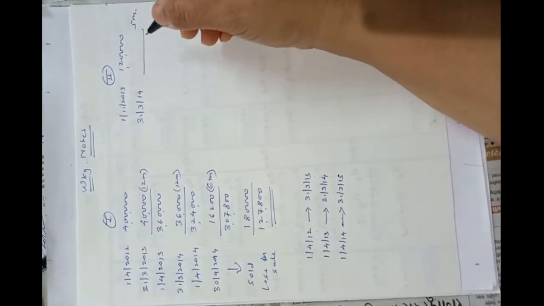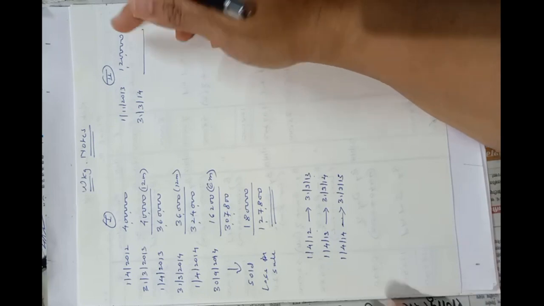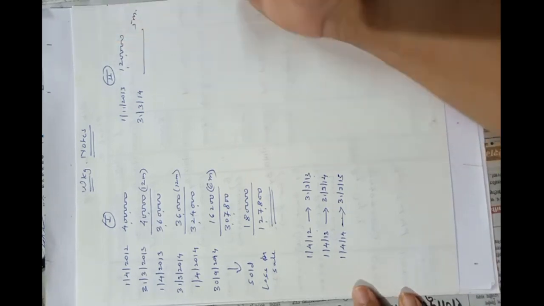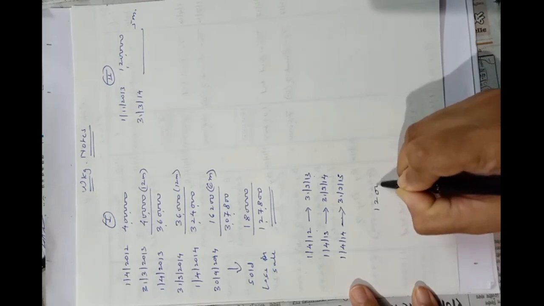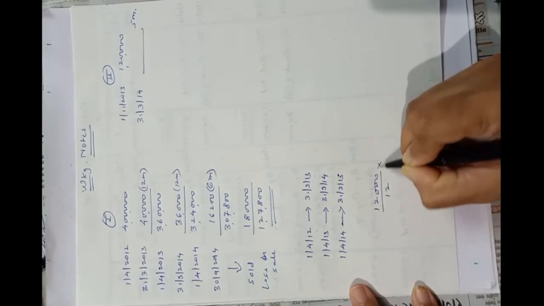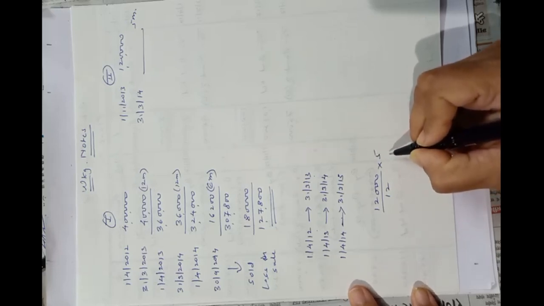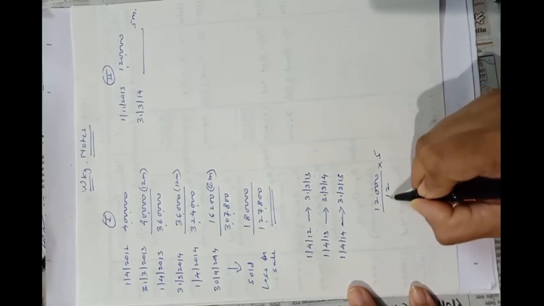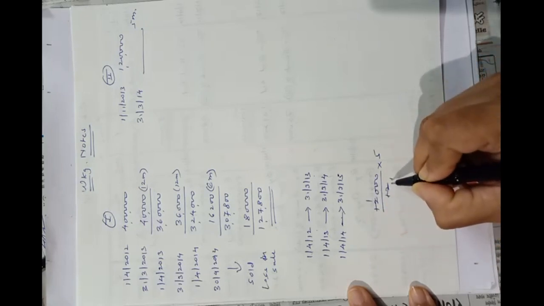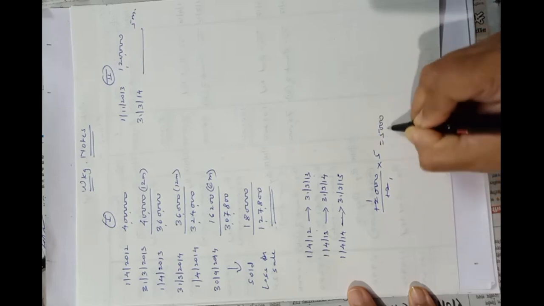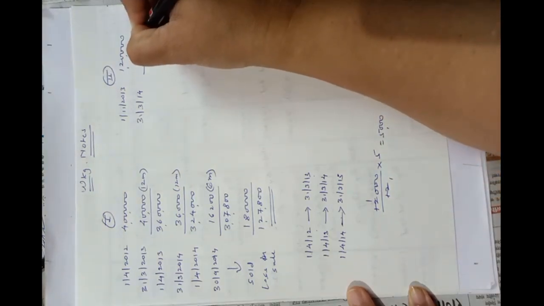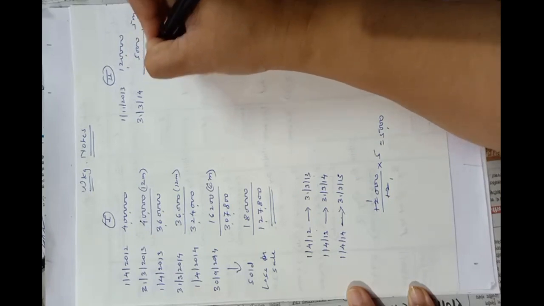It's easy to calculate because 10% of 1,20,000 will be 12,000. 12,000 for 12 months means 5,000 will be for 5 months. If you don't understand this, then 10% is 12,000 divided by 12 into 5, because we have to calculate depreciation for 5 months. Okay, 12 ones are 12, 12 ones are 12. So 1 month's depreciation will be 1,000. So 5 months will be 5,000. Understood? So here we have to deduct 5,000 rupees depreciation, and so written down value will be 1,15,000 on 1st